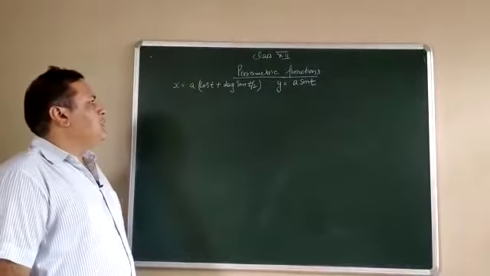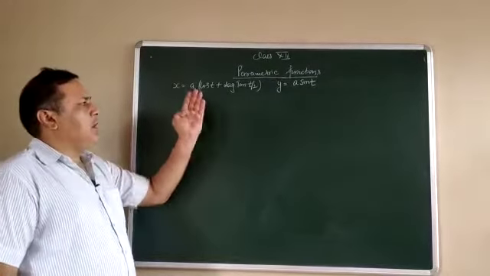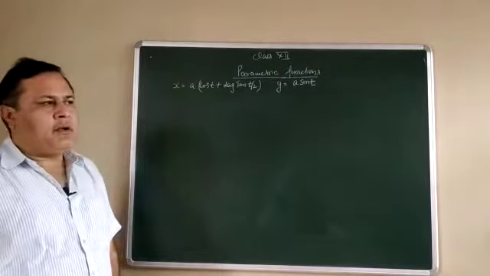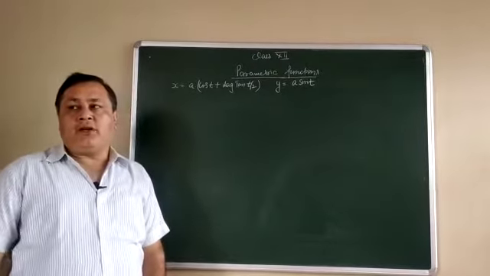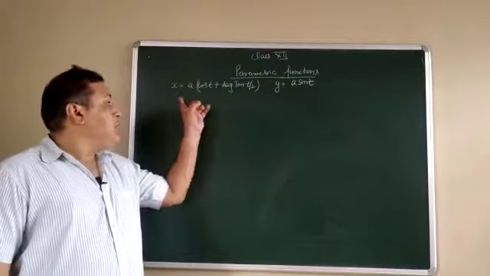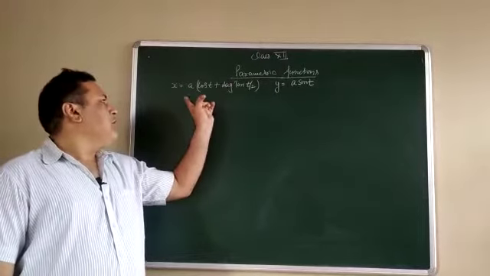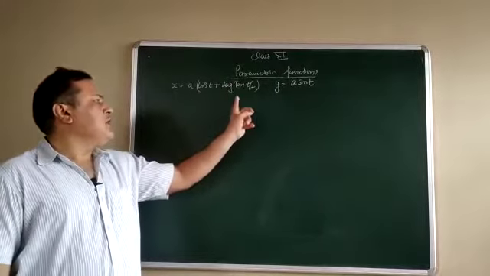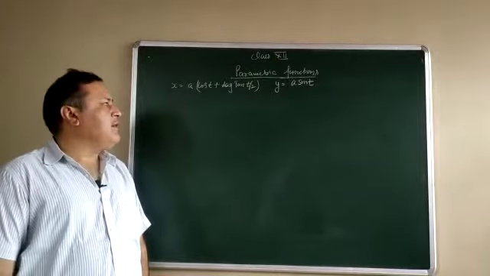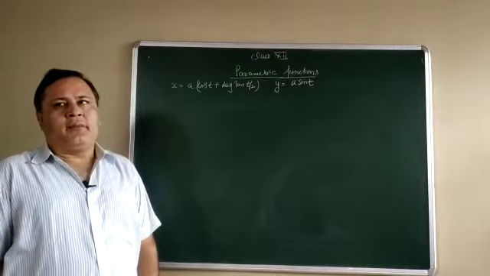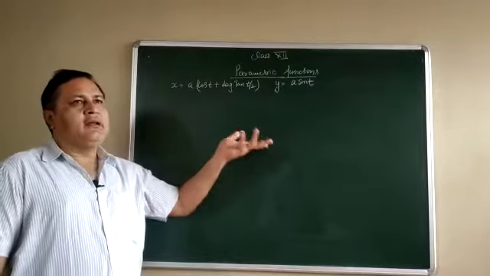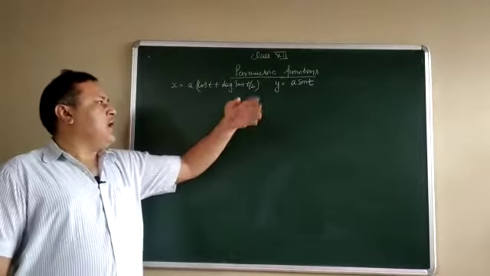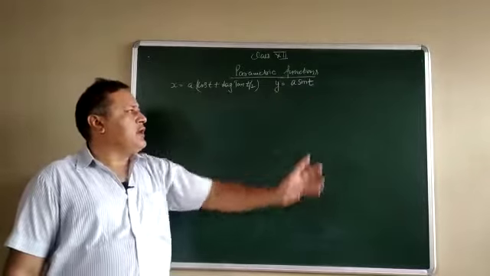Now let us discuss one more category that is called the parametric function. You know very well, in the case of a parametric function, x and y both are given to you, but these two functions are not directly related to each other. x is related to another variable like t or theta, and y is also related to t or theta.